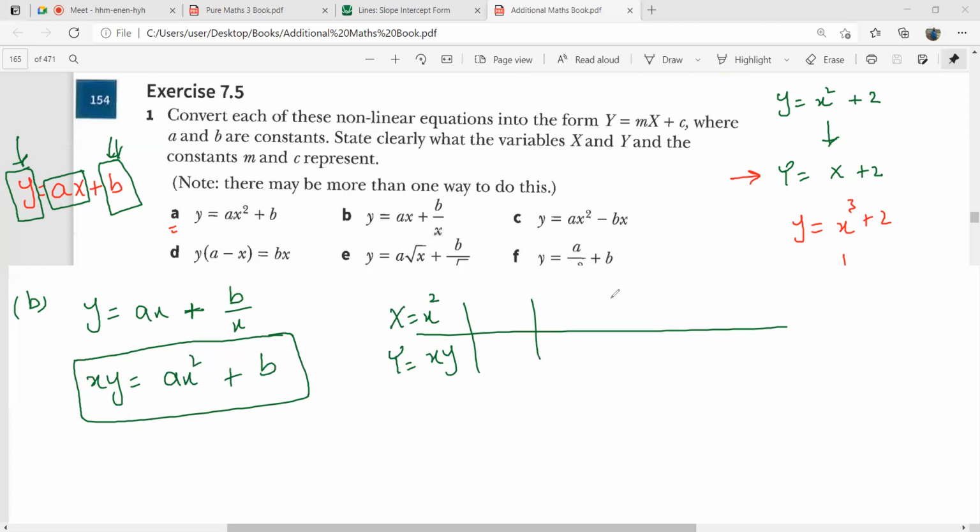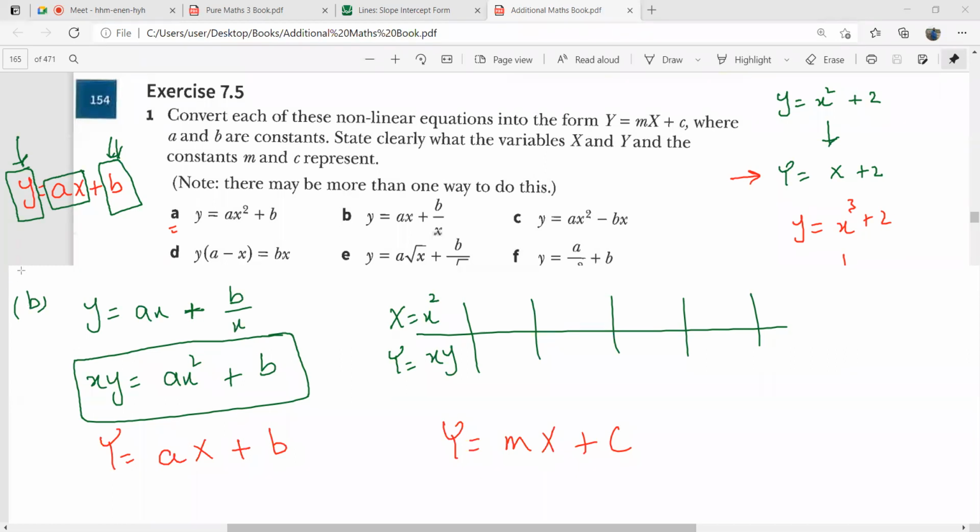And once you have got all these values plotted on the graph, you will have a line graph. So therefore, the linear form of this equation is going to be y equal to ax plus b. You can even write it as y equal to mx plus c, where y is going to be xy, x is going to be x square, m will give you the value of a, and c will give you the value of b. Now look at this C part, guys. Look at the C part now.